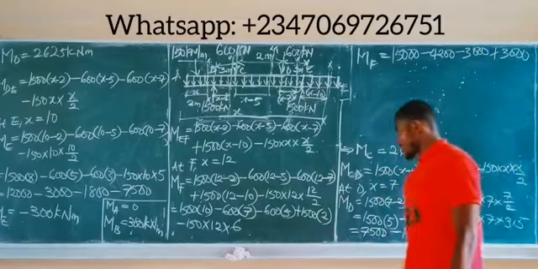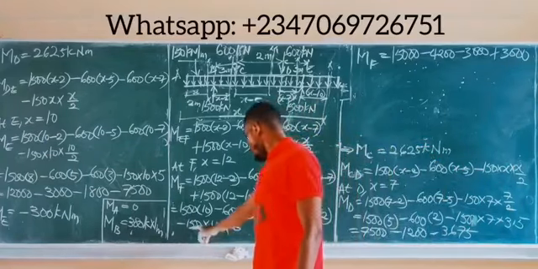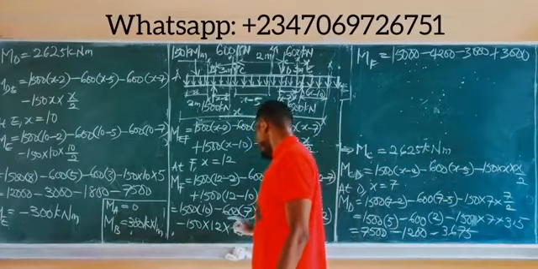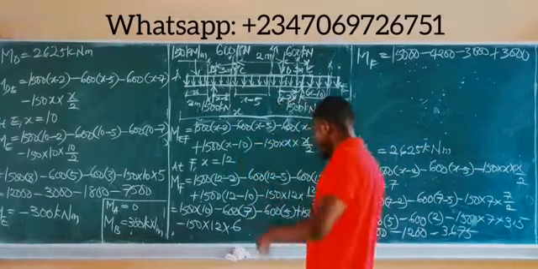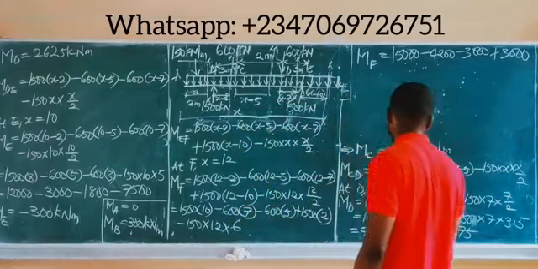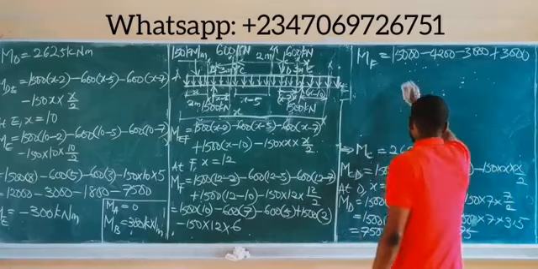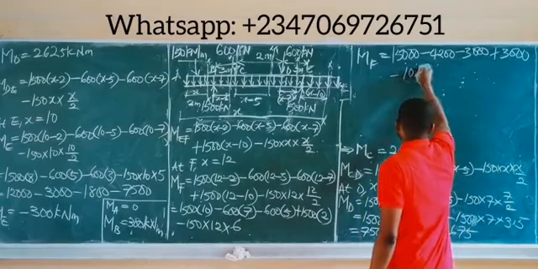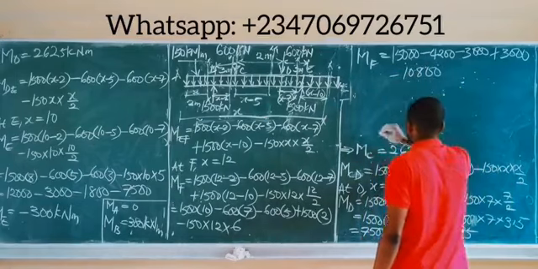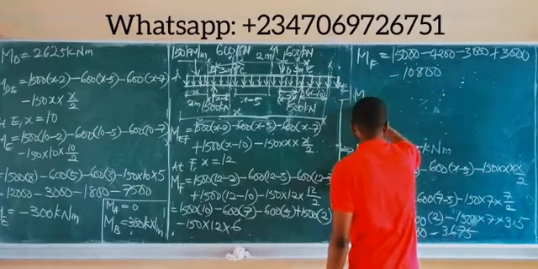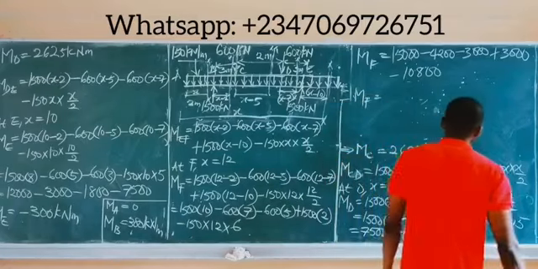And then we have 150 times 12 times 6, which is 10,800, so minus 10,800. So moment at F is equal to,